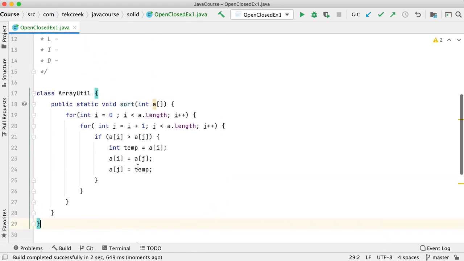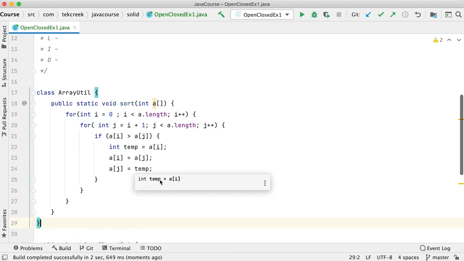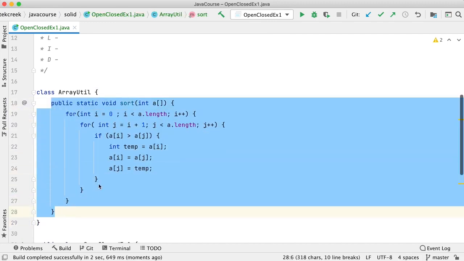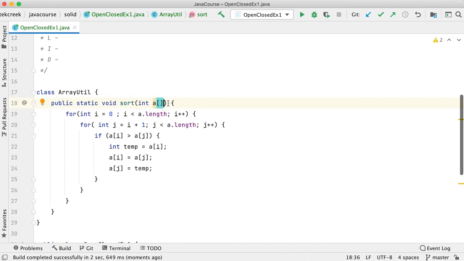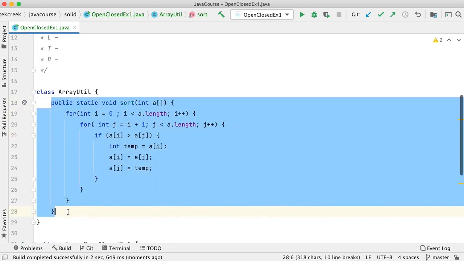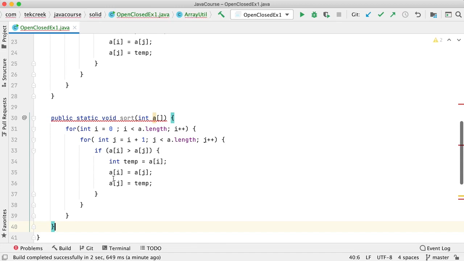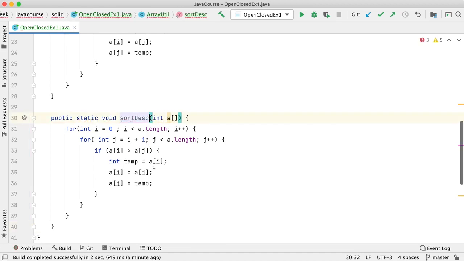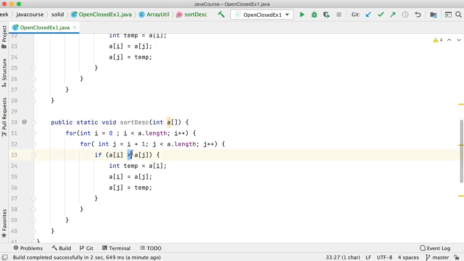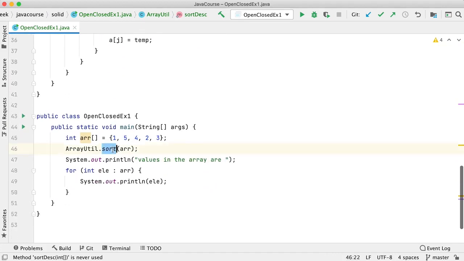If somebody comes and says, please sort in descending order, you might introduce another field which says ascending or descending and apply the logic accordingly. Or else you might add a sortDescending function, and instead of greater than I put less than. Now if somebody calls sortDescending, it works in descending order.